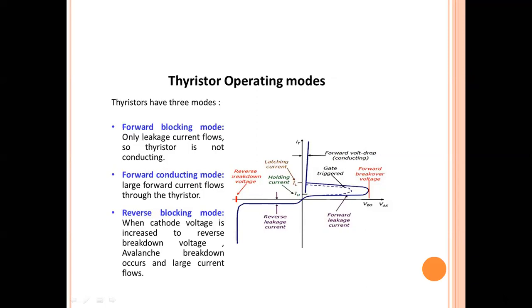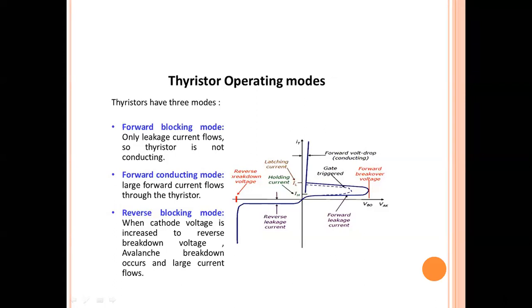So here, VA positive means nothing but we are going to connect the terminals of the supply with positive to the anode and negative to the cathode. And coming to VA negative, this means we are going to connect the voltage in reverse. That means we are going to apply a voltage so that the cathode is made more positive than the anode. Okay, so whenever you consider this, you are going to have the characteristics.